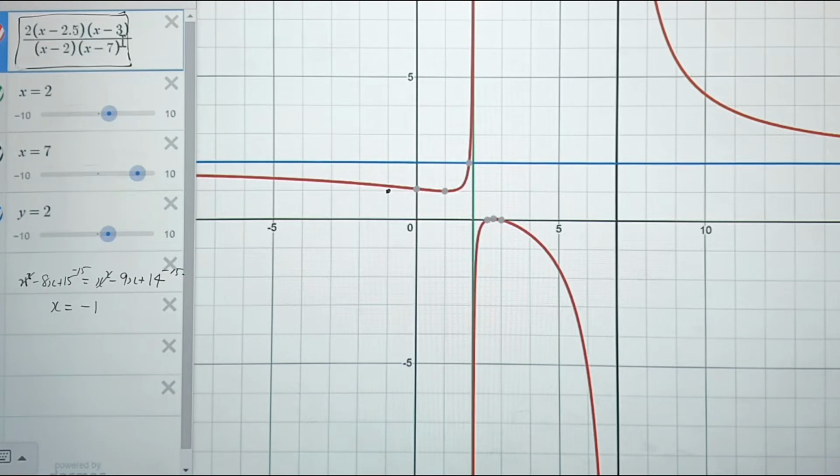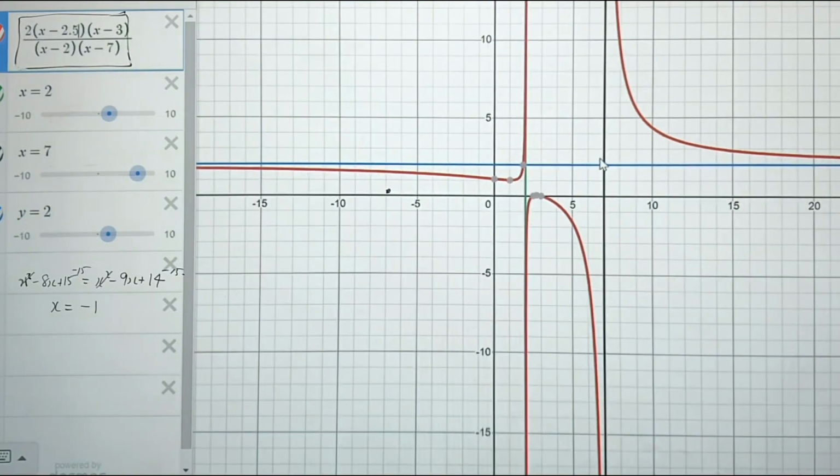It's an ugly look. What are those grey circles? They're the turning points, the stationary points, and the x and y intercepts, and min and max, and the intersection of any lines. So if I go back out here,